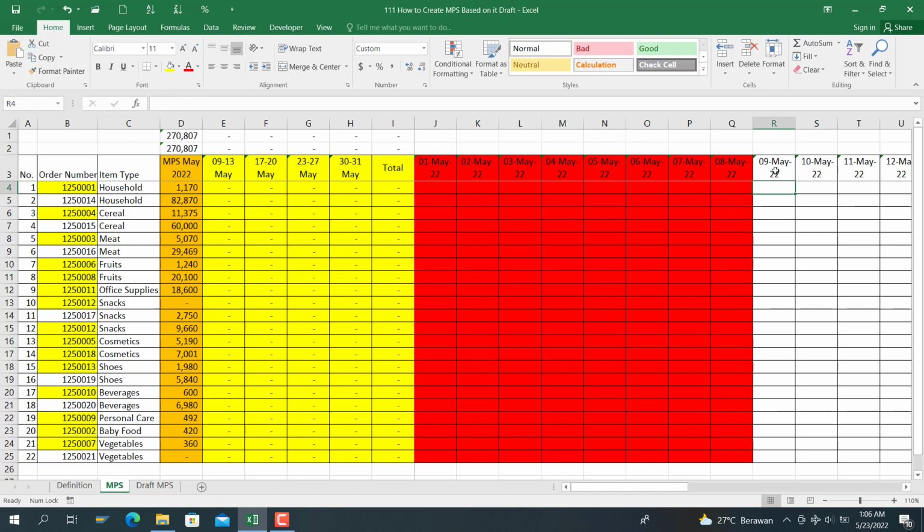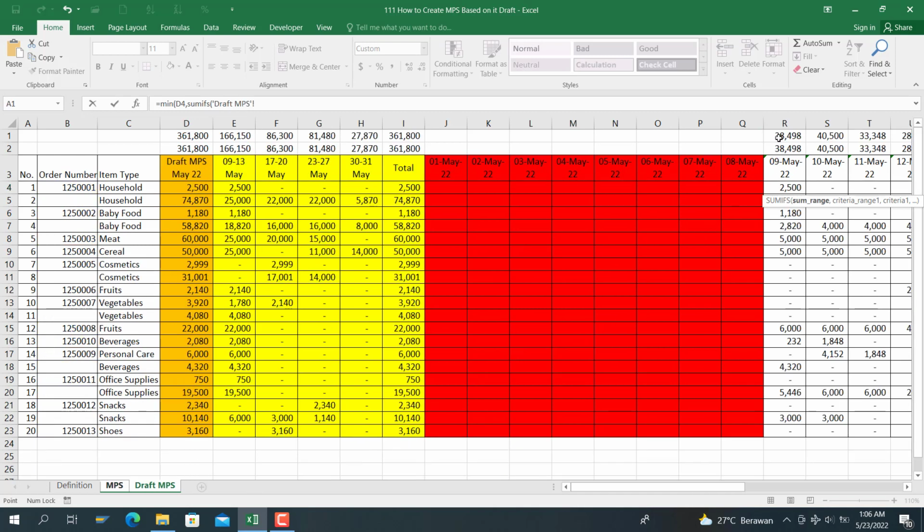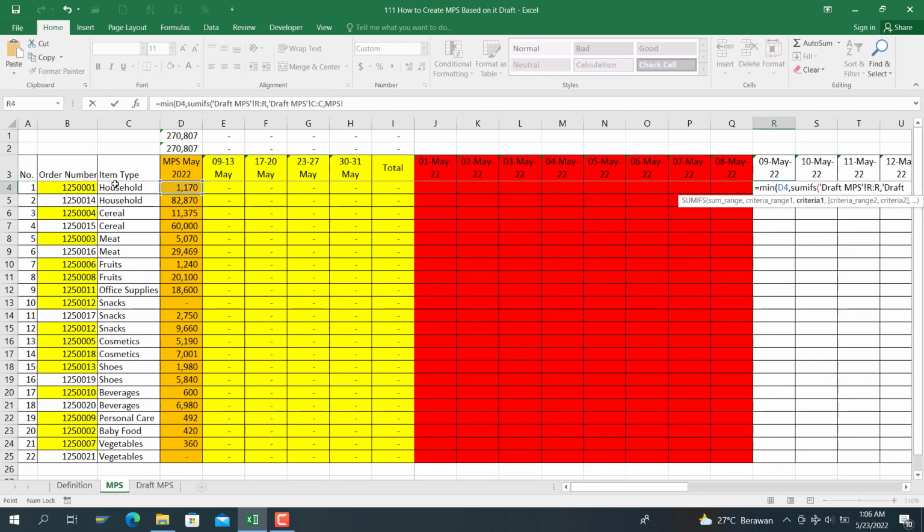First, we have to use the function of MIN, and MIN from the master production schedule quantity itself. And of course, do the SUMIF as the total for draft MPS on May 9th, the first date. There's no holiday in May 2022. Here we go. SUMIF as R, and the reference is column C, and this is the MPS, the reference to C4. Close bracket, then